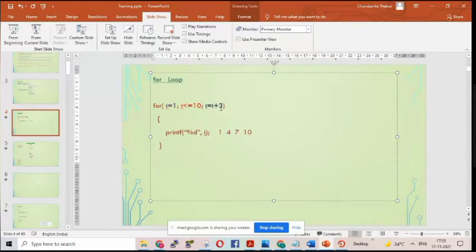All these 3 will be separated by semicolons. So 2 separators, 3 statements, and inside that there should be the instruction given. And last day we also executed the for loop program.